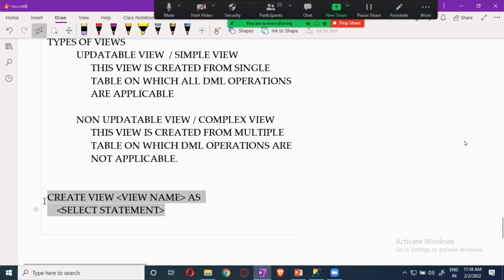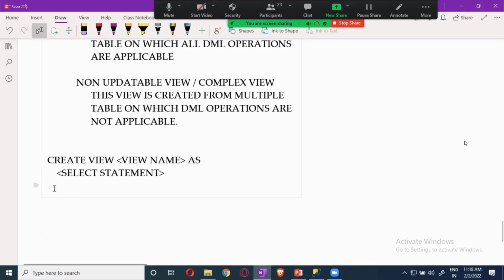I think this is not having that. I tried it a couple of times. Again, there is a replace option. If I want to replace the view with the existing view, I want to replace it with some other things. That option will not be there over here. So you have to delete that view and create another view with the same name, and you can drop the view also. Okay, we can drop that view.